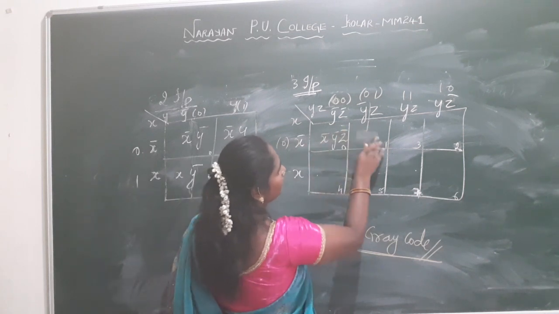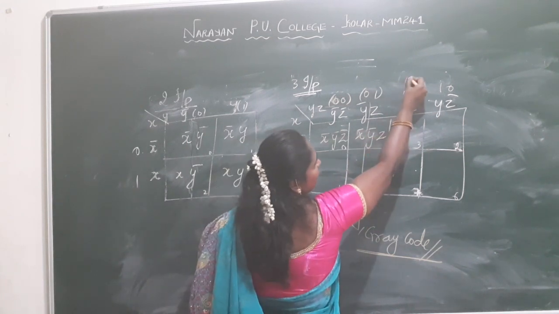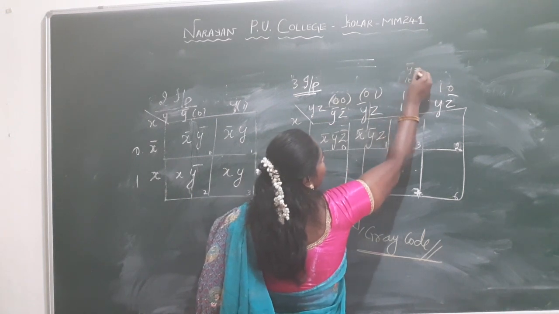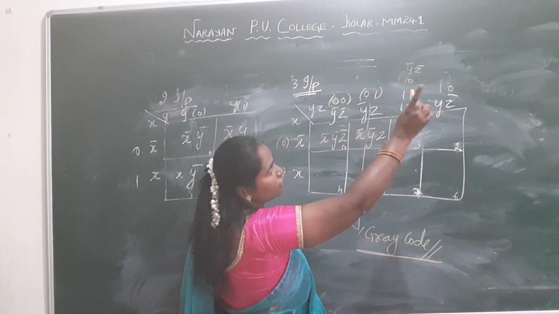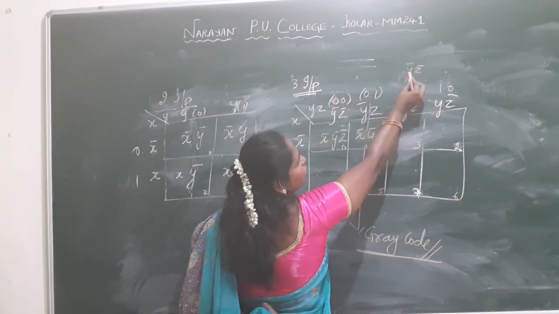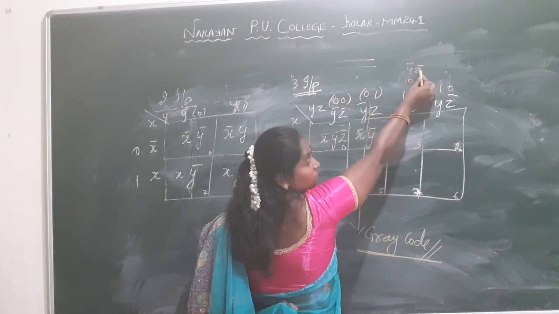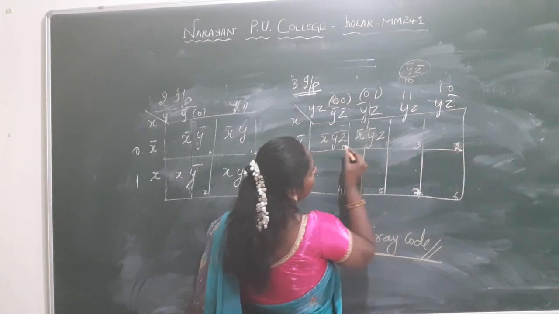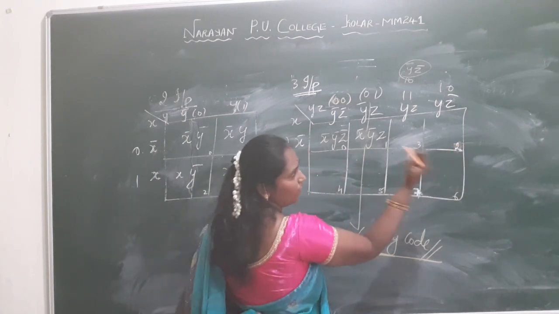Here x bar, y bar, z. See, suppose you place 1 0, then that will become y bar, that is y, z bar. Here, only one bit position or one place value should be changed. That is, only one variable should be changed. Here the y bar is being changed to y and z is being changed to z bar. This is not possible. So this is the rule, that is nothing but 0 1, only one bit can be changed, one variable.